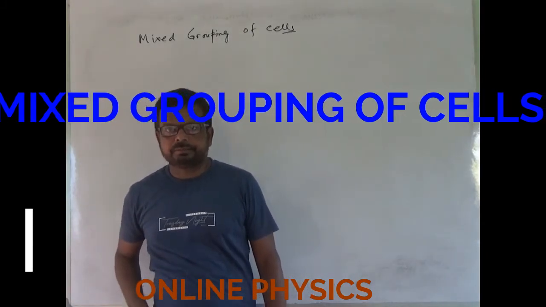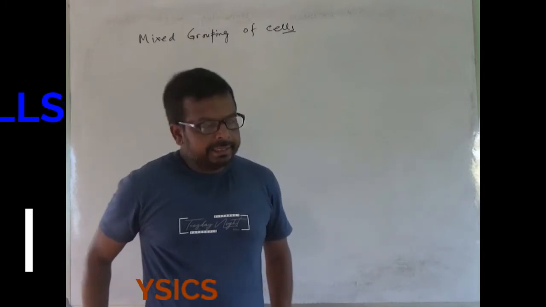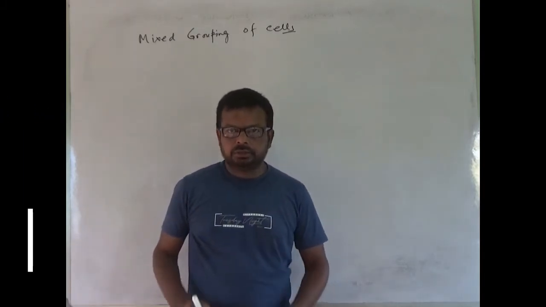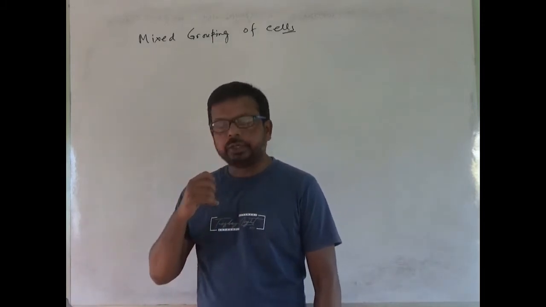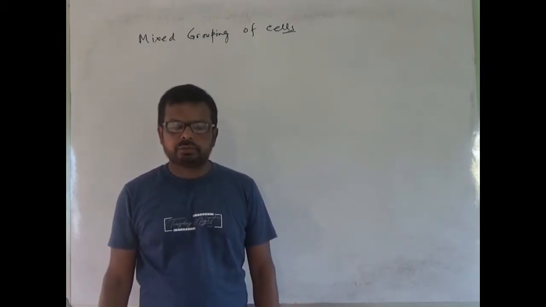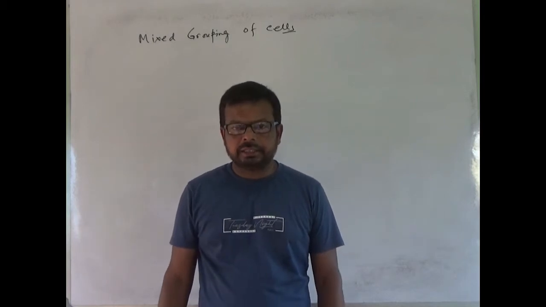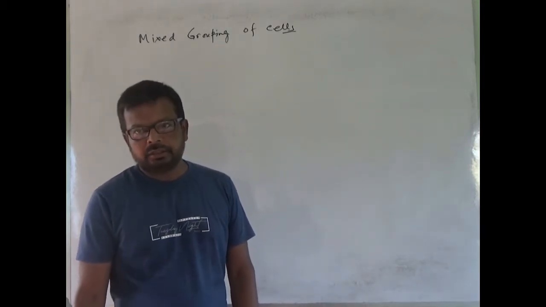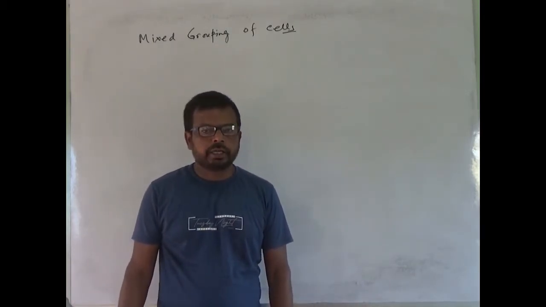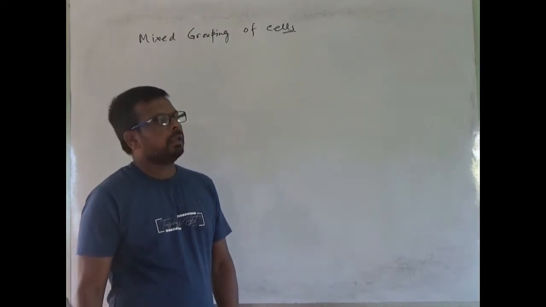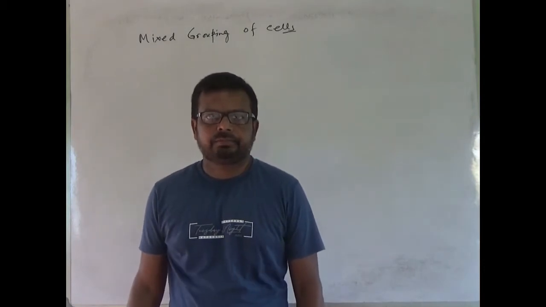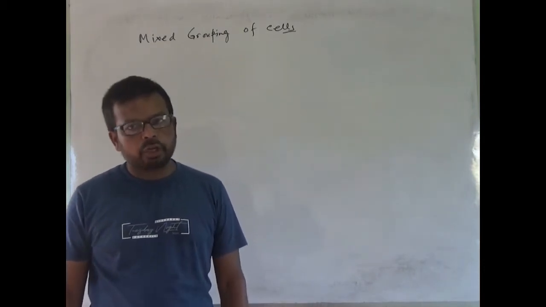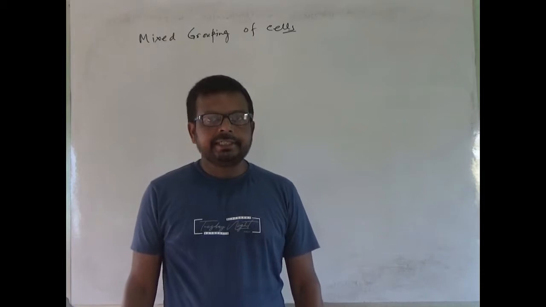In this case, we deduce an expression for current through the combination, and then we will find the condition to get the maximum current. Now let us consider a number of identical cells, each of EMF small e and internal resistance small r,